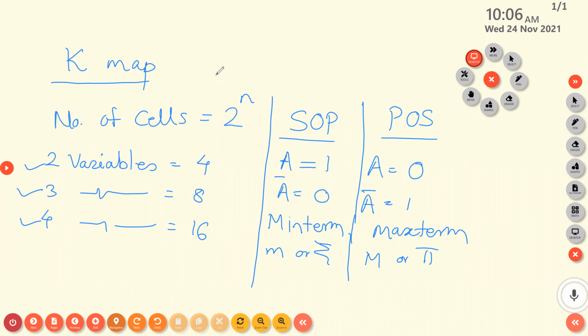So we are going to solve numericals, means we are going to solve the Boolean expression by using K-map. So are you getting the concept behind the K-map? Can we start? We will first take a simple example, then we will solve complicated ones. Also, I will take some examples based on SOP, then we will go for POS. For POS, first you have to write the sum, then take the product. Next one.